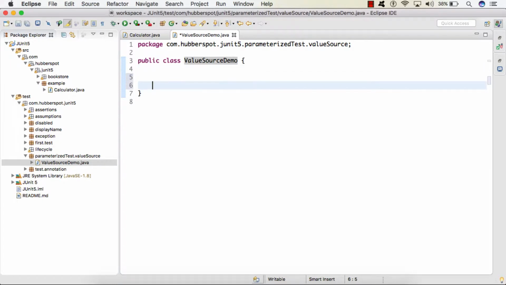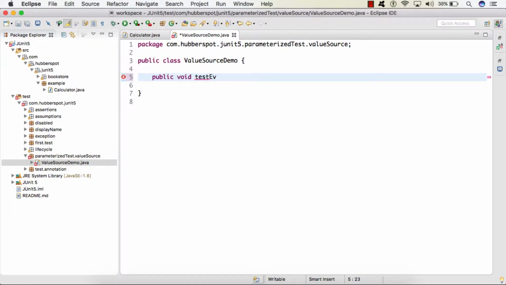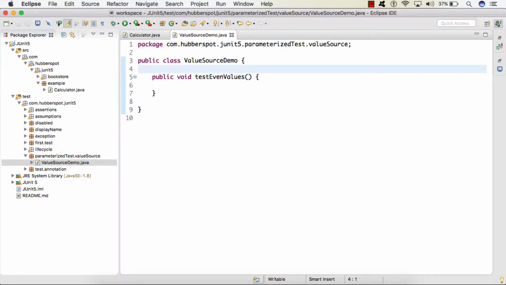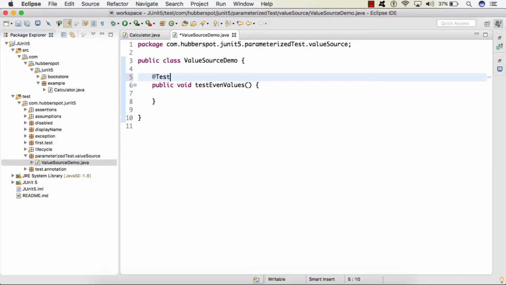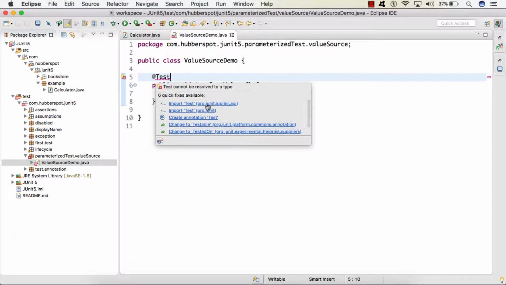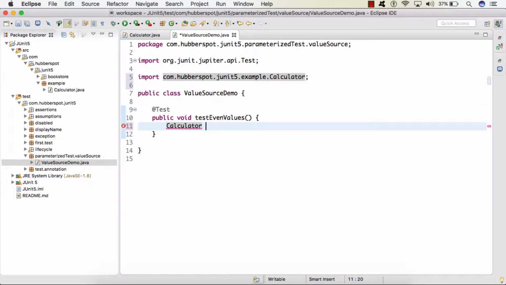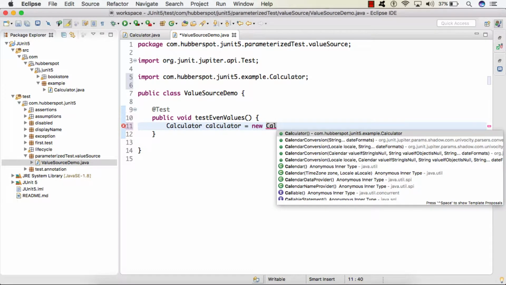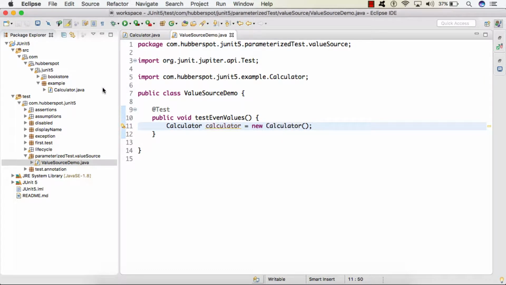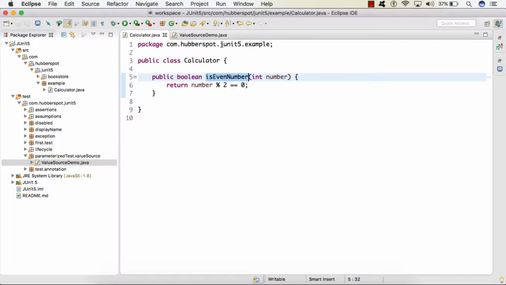So friend, inside this test class, let's say I create a method as testEvenValues. Let's say we annotate this method with @Test. We'll import @Test, and inside this method, we'll simply create an instance of the Calculator class. And let's say we test the isEvenNumber method.